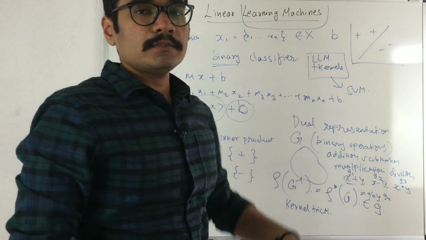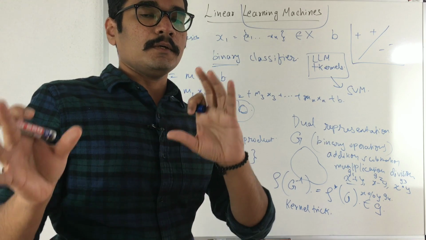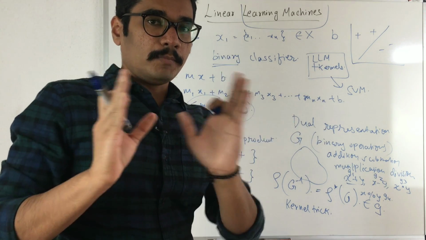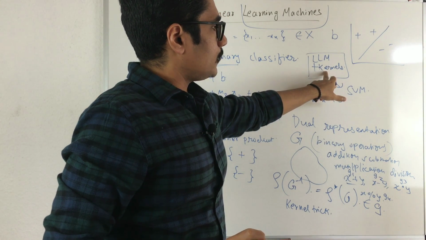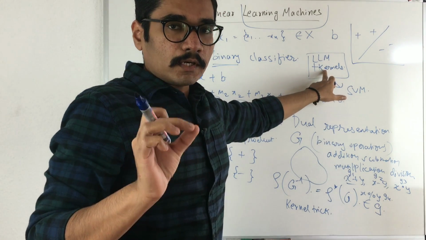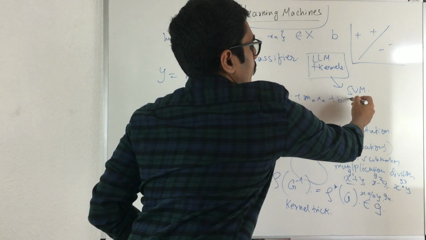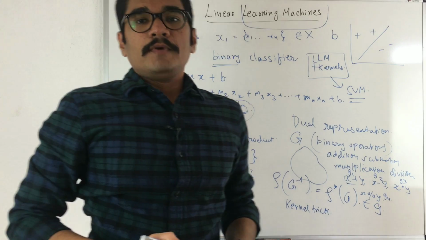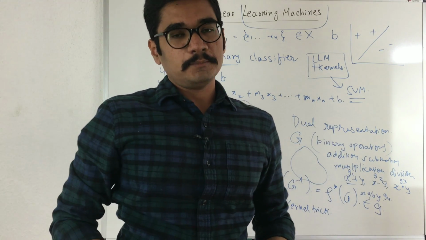Linear learning machines are a very big class of many such linear classifiers, probably binary classifiers. SVM is one such where you input some kernels, or the concept of a kernel will be there, and then you derive SVM out of this. Well, that was all regarding a small concept about linear learning machines in machine learning.